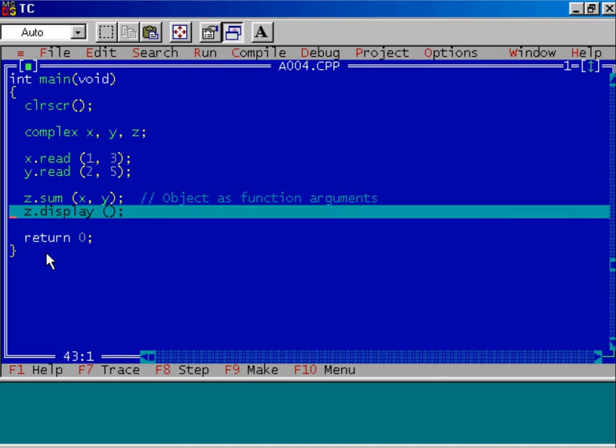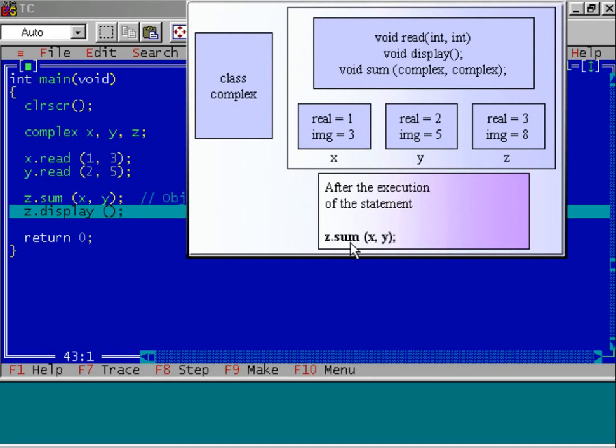Well, see the diagram. After executing this statement, let us see what happened. We have called the function sum using the object z. Here we have passed two objects x and y. So these two objects are available to this function. So we have added 1 plus 2 and assigned it to the data member real of the object z.